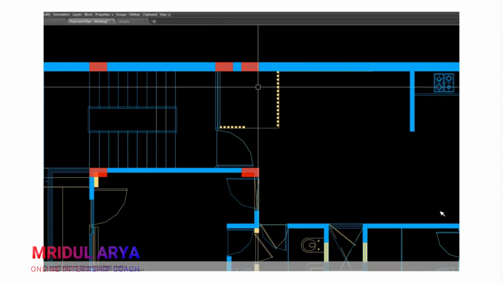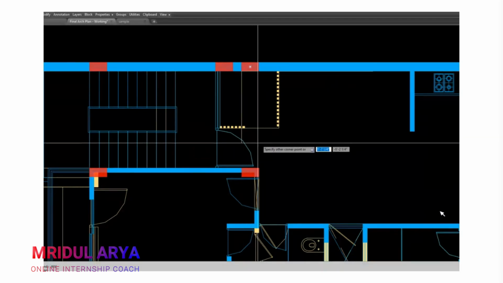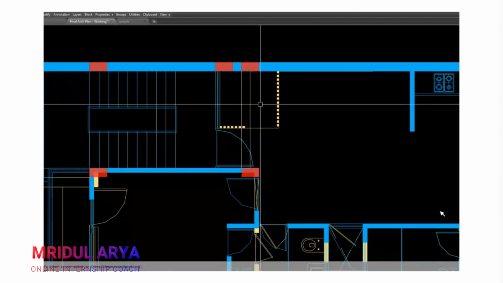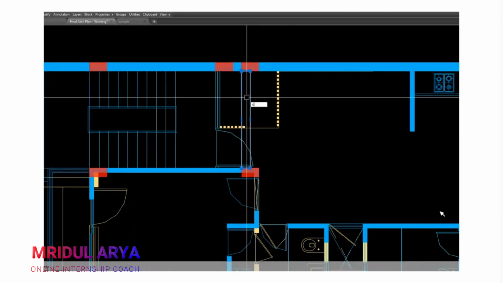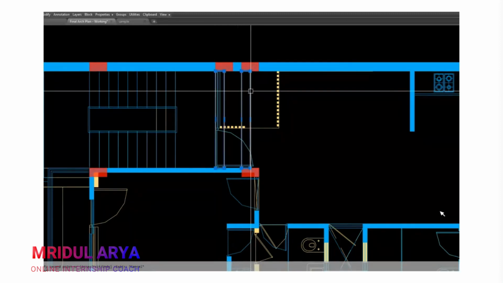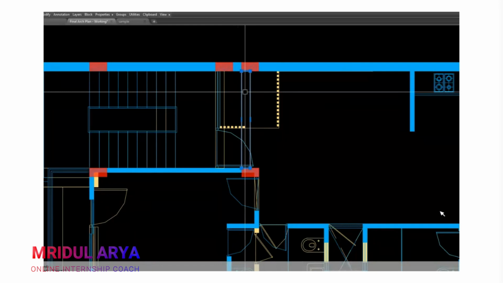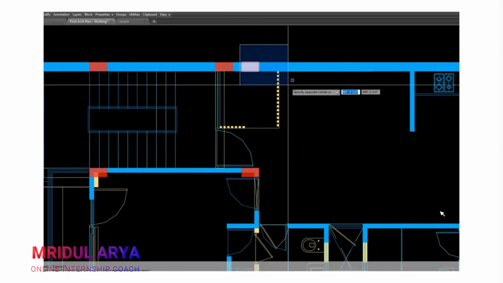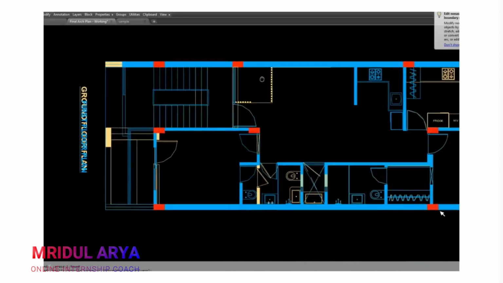In both cases, when I place my beam, the beam will go like this, and for the other column, my beam will go like this. In both cases, my beam is exposed in my living area, which definitely will not be preferred by the architect. So I will remove this beam scenario and similarly remove this column.